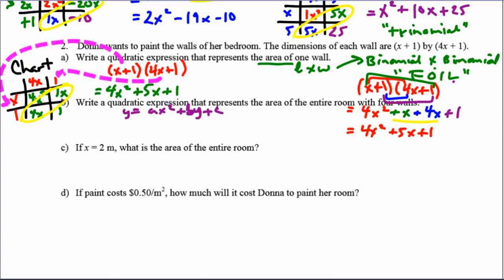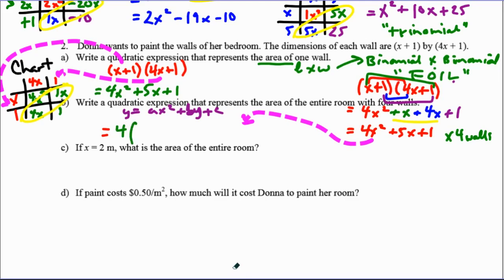Okay, so now that we have the expression, now we go to, that was for A, so step B says write the expression for the quadratic that represents the area of the entire room now. So notice that this is one side of one wall, see what we have. So now we're going to have to multiply that by 4, okay? So multiply by 4 walls. So we have to use our distributive property in a different way now. So if I have that, then we're going to have equals, we'll have the 4 walls